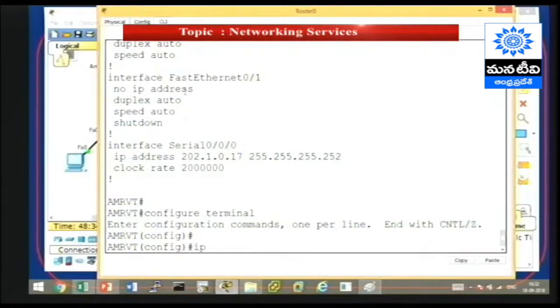command ip route 0.0.0.0. On all four octets, the value will be 0, meaning any destination, because on the internet we have millions of destinations. On the internet you want to access, there are hundreds of thousands of destinations. We cannot keep a route available for each and every destination or for each and every website. So whenever a router is connected to the internet, we must enable the default route, and the default route goes as